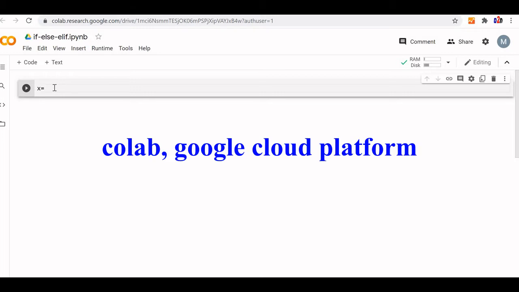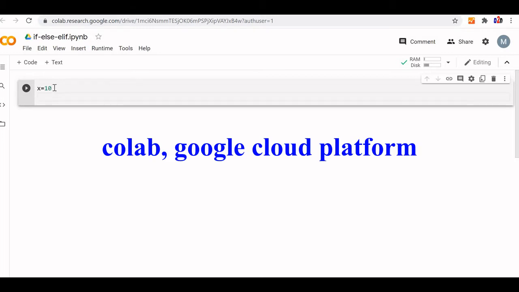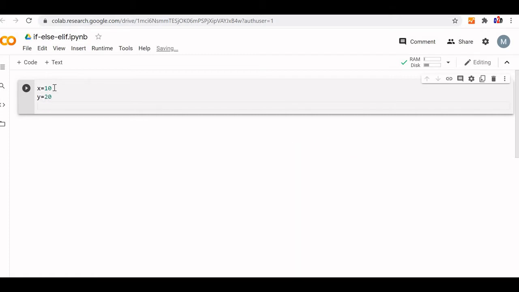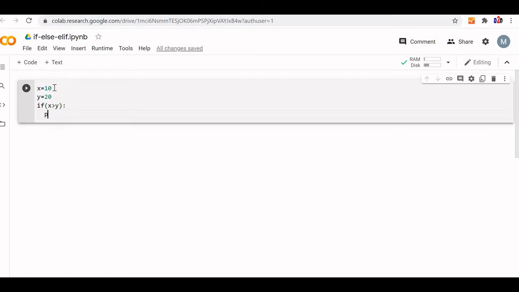Let's declare two variables, x is equal to 10, y equal to 20. Now, if x is greater than y, you can understand easily what we are trying to do. We will print a statement, "x is greater than y."